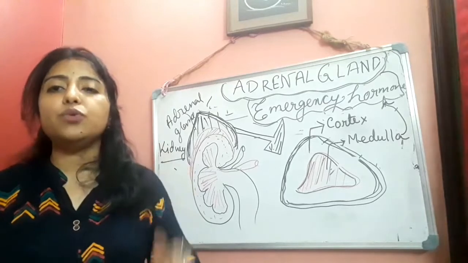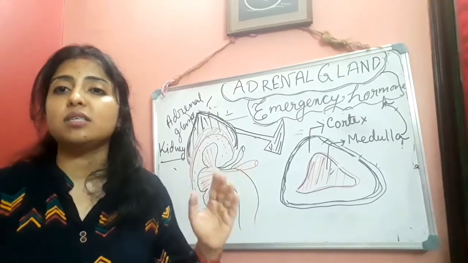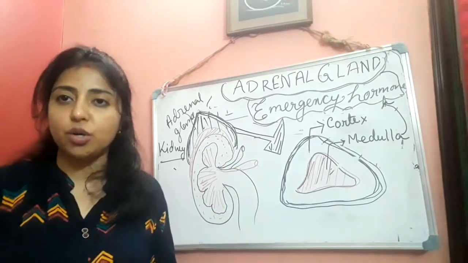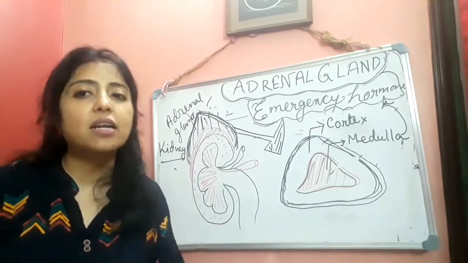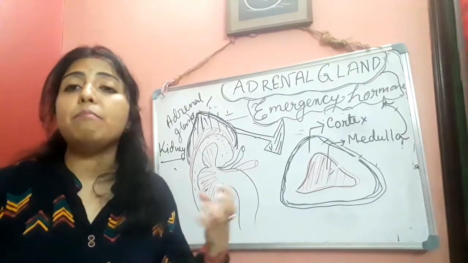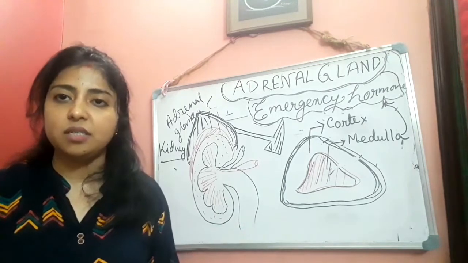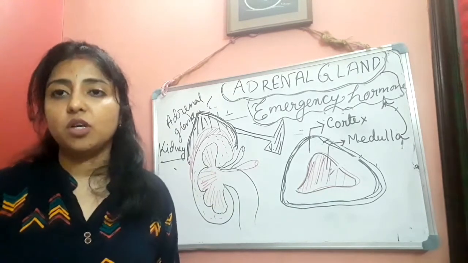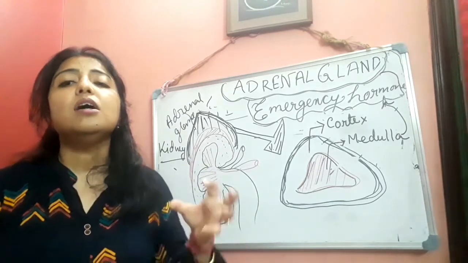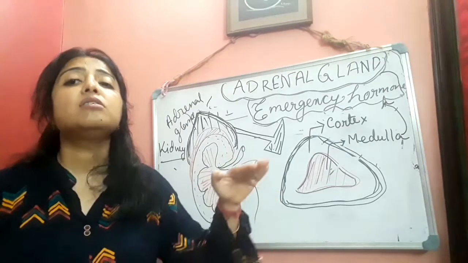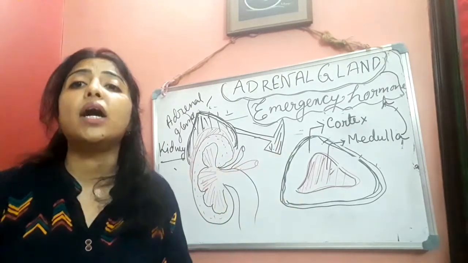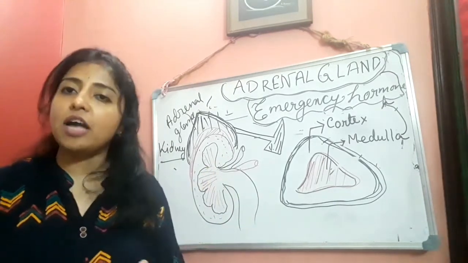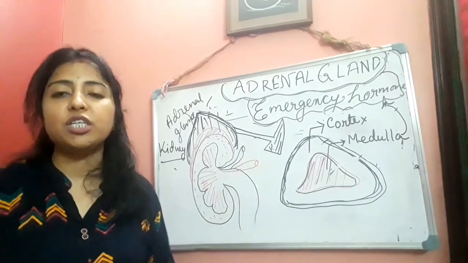Clear? Another one, Cushing syndrome. It may happen due to the hypersecretion of cortisol hormone or glucocorticoid. Here the same thing, infertility may happen, metabolism may be disturbed, like different types of activity. Another disease may happen, that is Conn syndrome. Here the level of minerals, sodium or other minerals, will be lowered due to hyposecretion, basically of aldosterone. Clear? I told you, and already I told you this portion also.